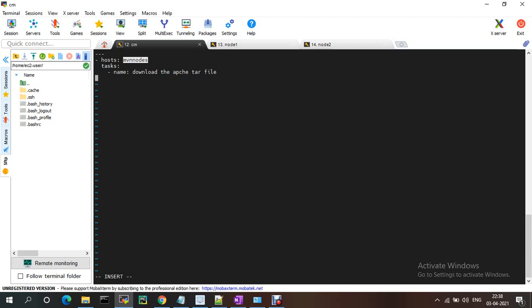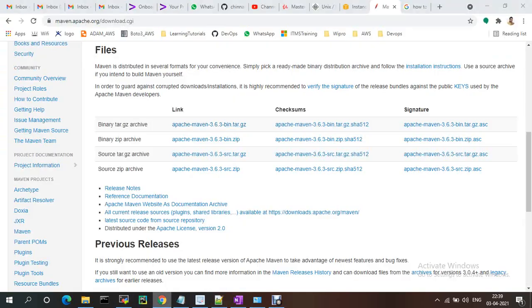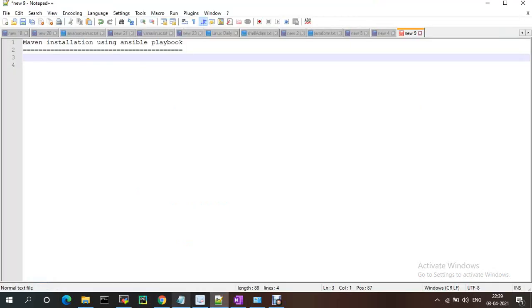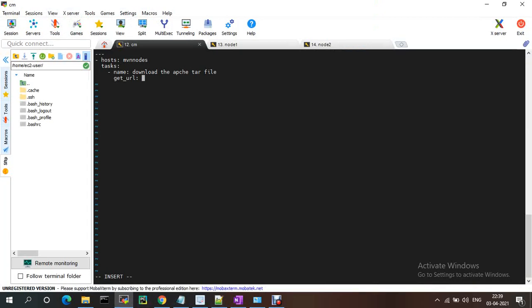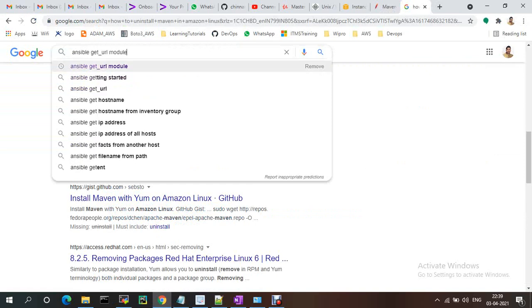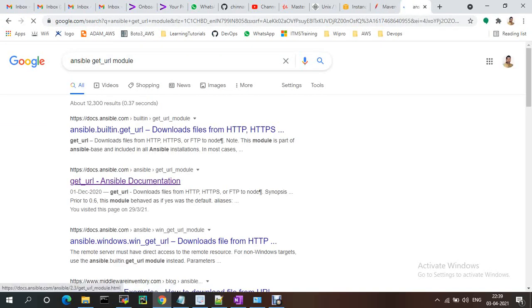For that the module is get_url. I'm copying the URL. For the attributes, let me show you the Ansible get_url module documentation.